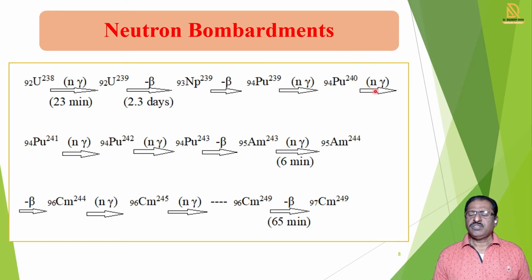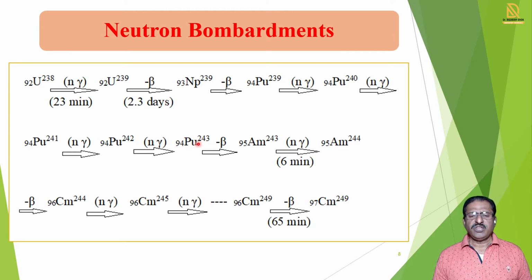This is also stable. So again we carry out the N gamma reaction, and again the mass increases by 1. So instead of 240, the mass becomes 241. You remember that when one neutron is bombarded, the mass increases by only 1 unit. Now here Pu 241 is formed. It is also stable, so again the N gamma reaction is carried out. Then the mass is again increased by 1, to 242. This is also stable. Again the N gamma reaction is carried out, and there is formation of plutonium 243.